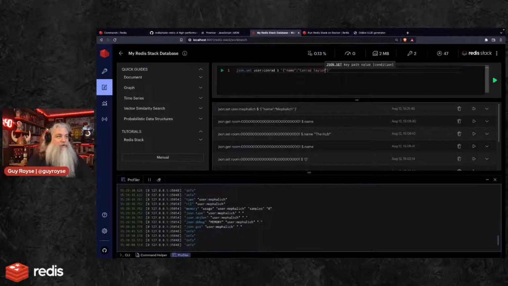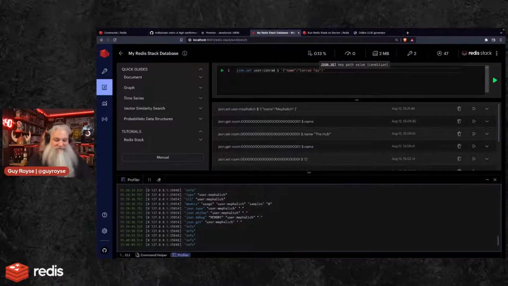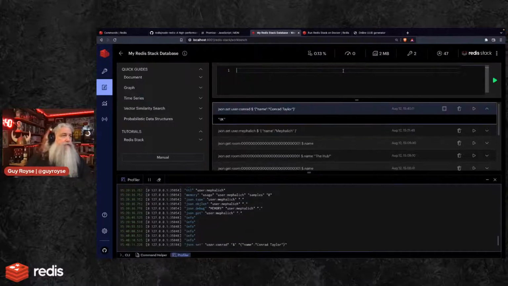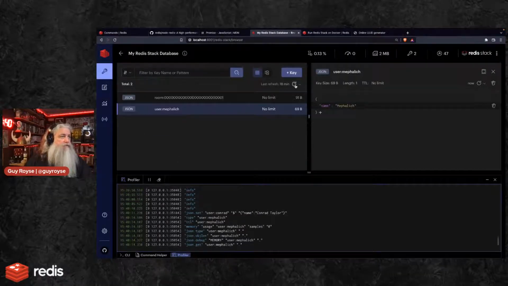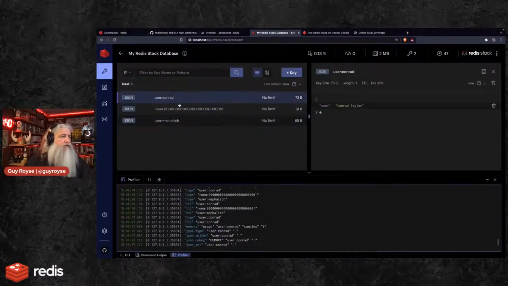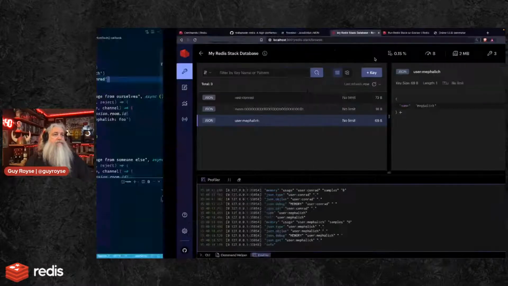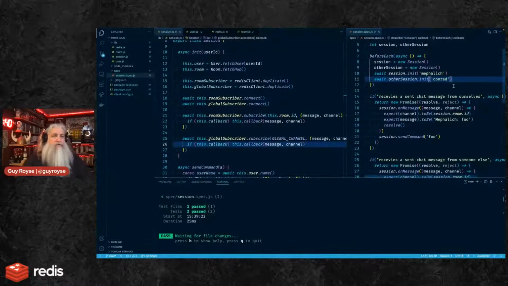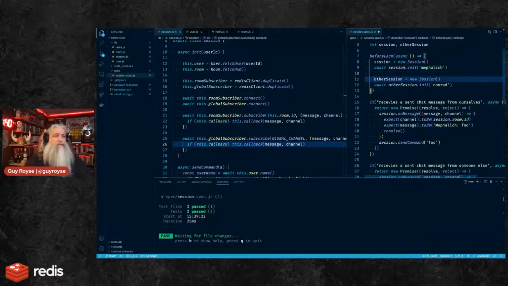So we'll go with your full name here. And then cool. Now go to keys, we should see Mefalich and Conrad both in there. There we go. So here then other session is Conrad. Let's put those right here for some reason.